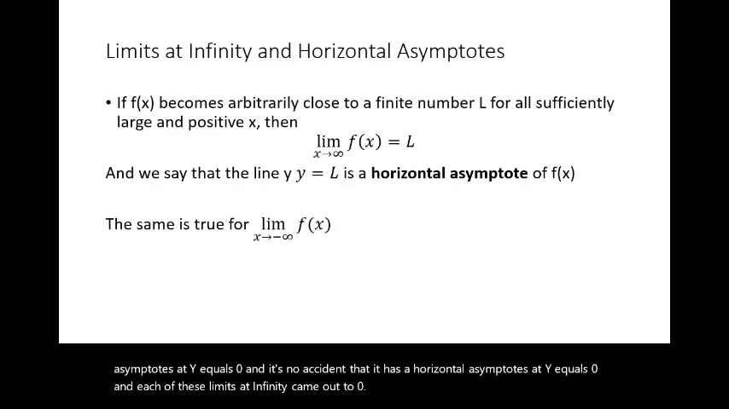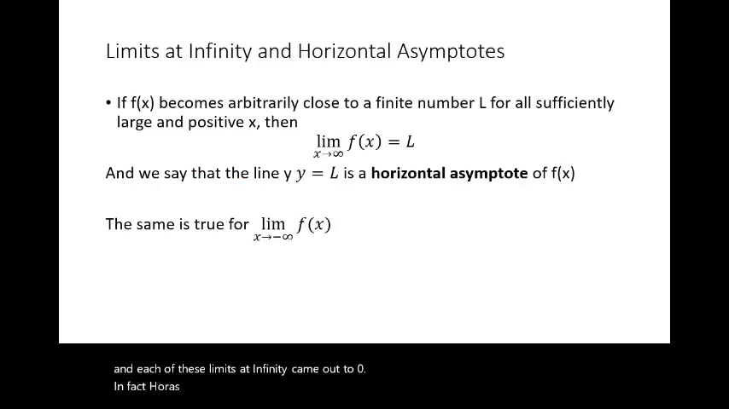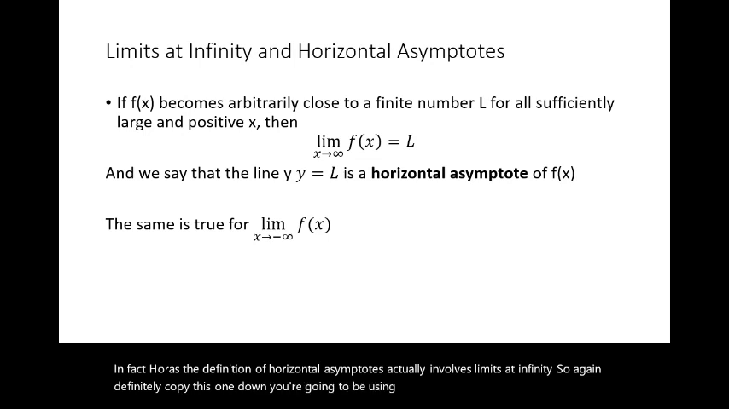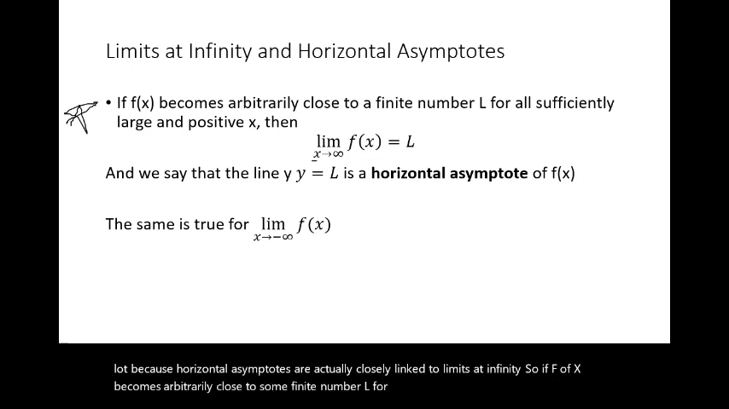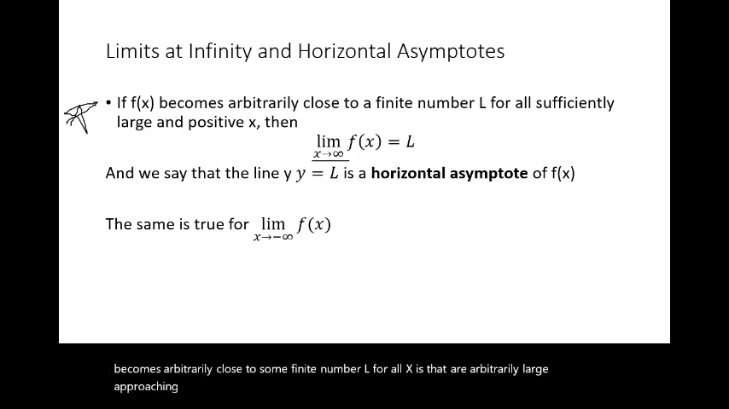In fact, the definition of horizontal asymptotes actually involves limits at infinity. So again, definitely copy this one down. You're going to be using the definition of horizontal asymptotes a lot because horizontal asymptotes are closely linked to limits at infinity. So if f of x becomes arbitrarily close to some finite number L for all x's that are arbitrarily large, approaching infinity, then we say that the limit as x approaches infinity of f of x equals